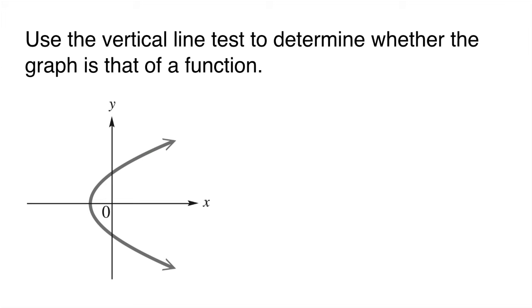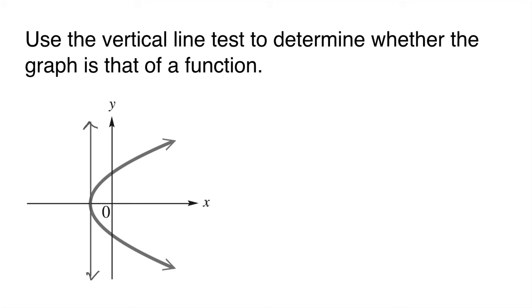The vertical line test states that if there is a vertical line that exists that can pass through the graph of a relation at more than one point, then the graph is not the graph of a function. So let's draw vertical lines and see if there is a vertical line that can pass through this graph in more than one location. If we draw a vertical line through the vertex